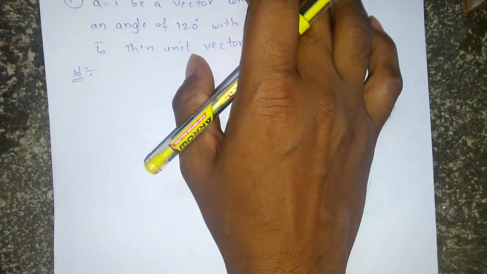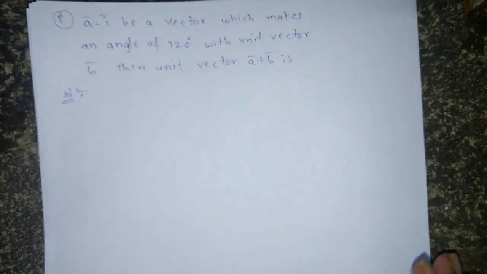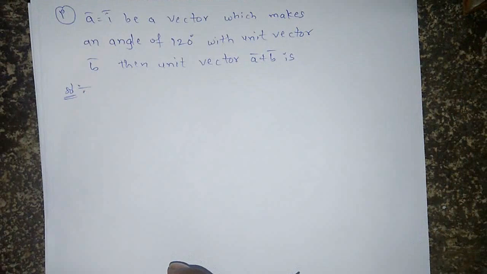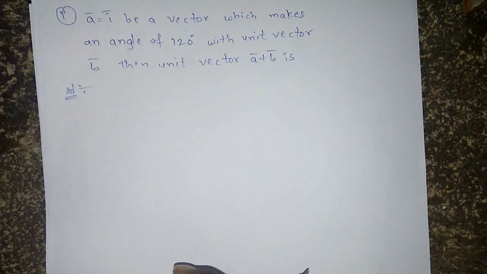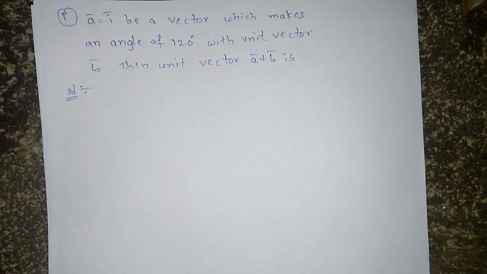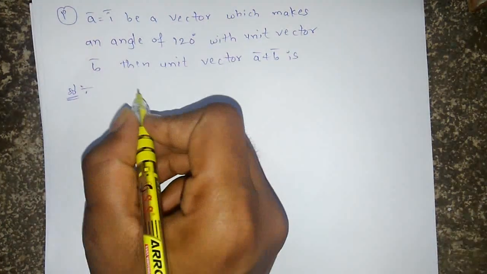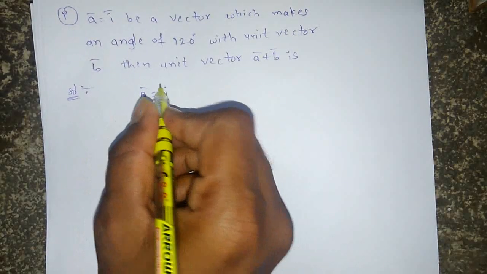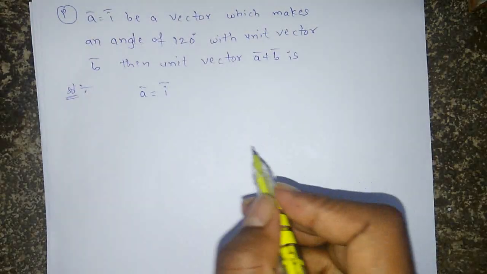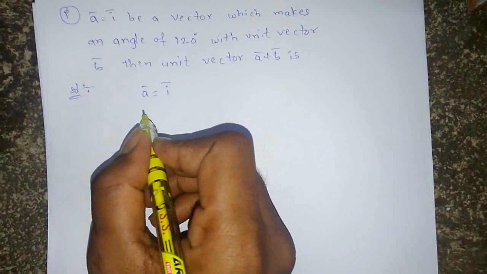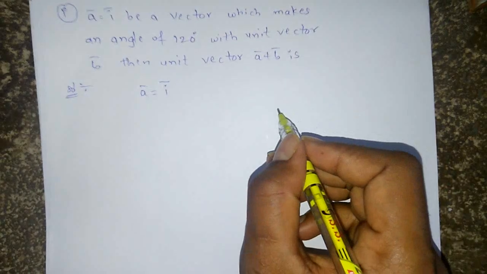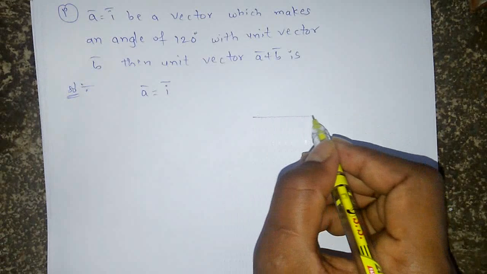So our next problem is, if A bar is equal to I bar, and B bar is a vector which makes an angle of 120 degrees with the unit vector, then find the unit vector A bar plus B bar. Here given A bar is equal to I bar, so B bar makes an angle of 120 degrees. So if you assume it in a figure,